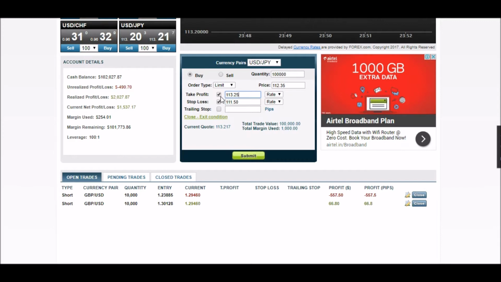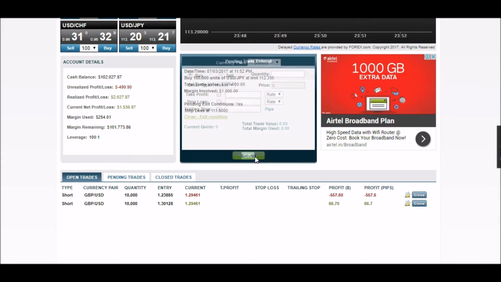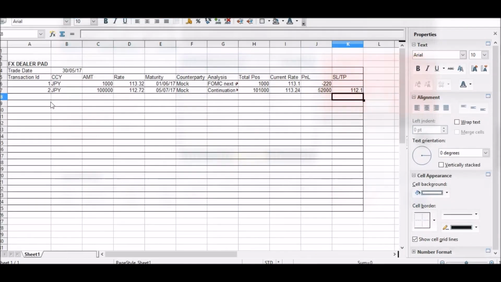So we have one more order. We go back to our dealer pad and we put this order maybe somewhere here as orders, since these have not been initiated and don't affect our position. We write these orders down here in the dealer pad, and that's how we initiate our trades and continue to analyze the markets